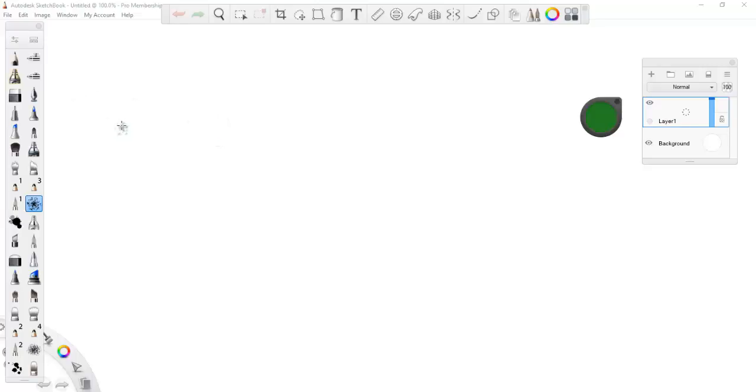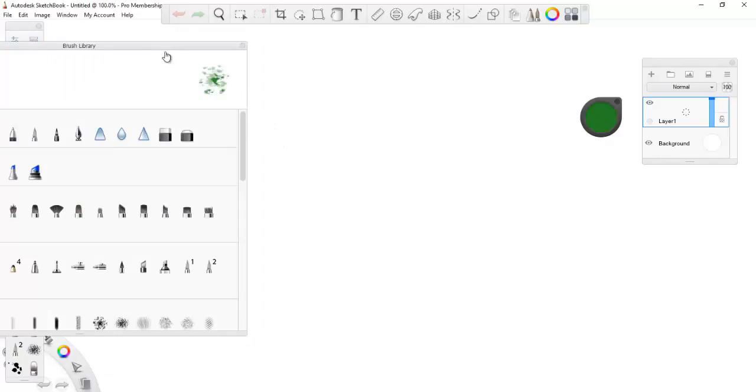It is now brush time. I'm going to show you how to make your own custom brushes. Now, before we get into